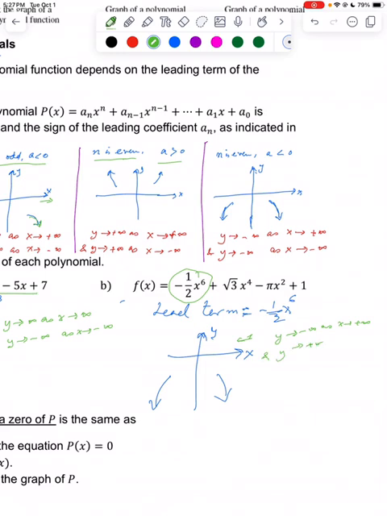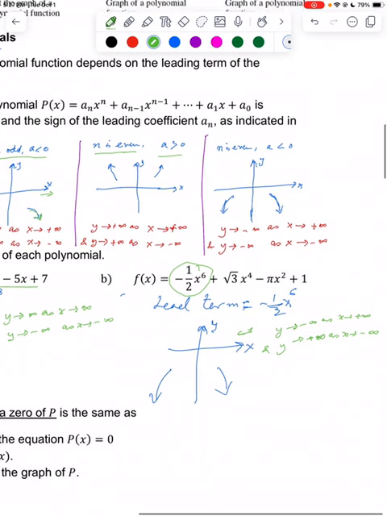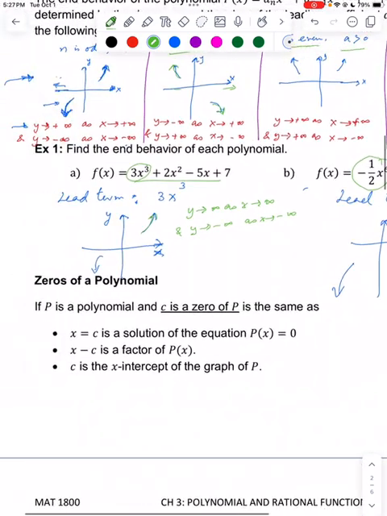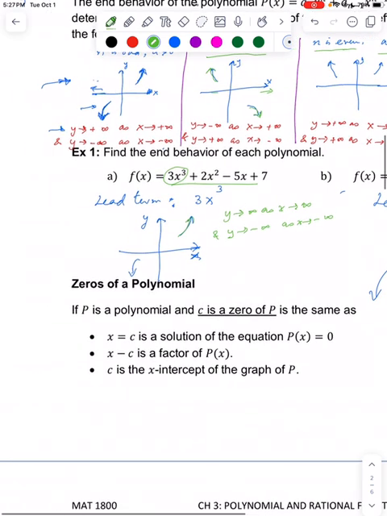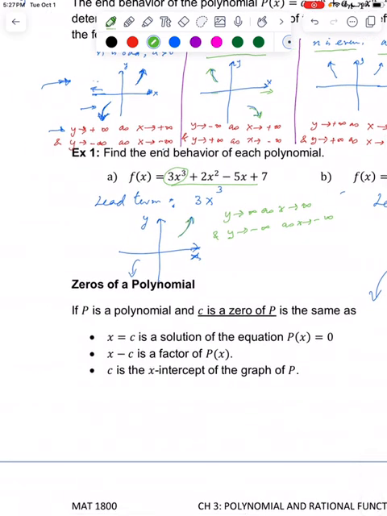So x goes to positive or negative, y goes to negative in both cases. Okay, so the next thing we will need to graph a polynomial is the zeros of a polynomial. So what is the zero of a polynomial? It is basically when it is going to cross the x-axis, or what makes the